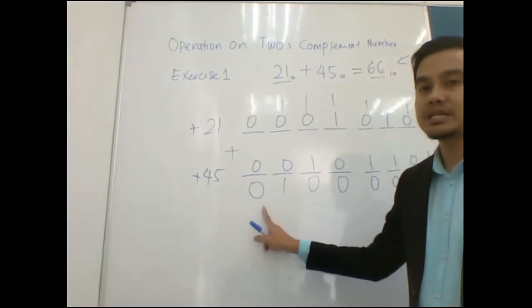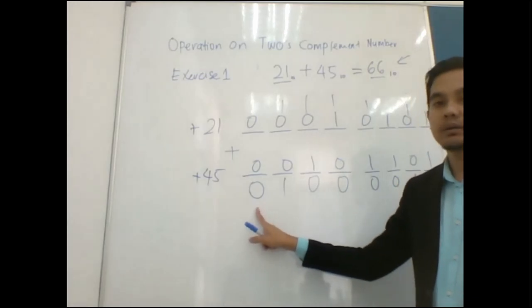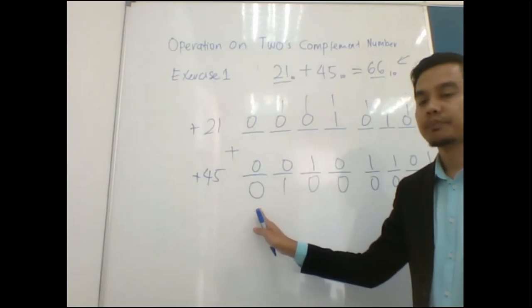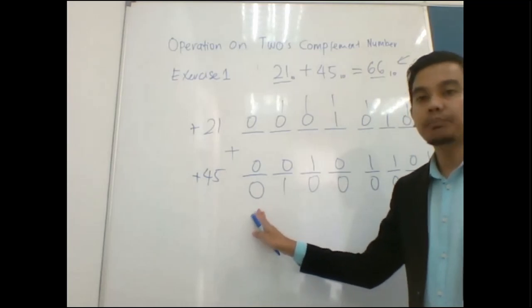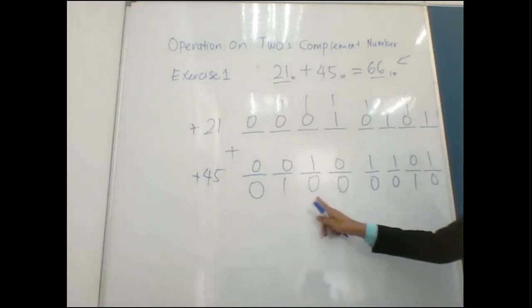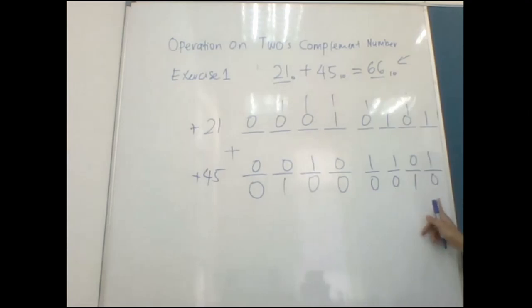Sebab tu dekat depan ni 0. Okay, kena clear ya. Depan ni kita must make sure it will be 0. Sebab tu kita ada extra bit sini supaya kita simpan ni untuk sign. Kita tak boleh guna untuk value. Okay, and then sini adalah jawapan akhir dia 1000010. So kalau kita nak tengok sama ada value ni match tak dengan value ni, so what we can do